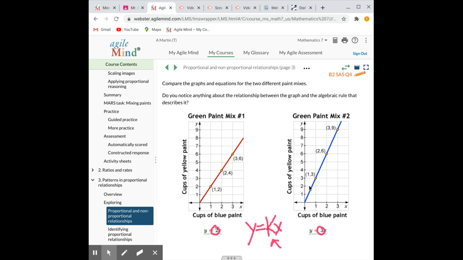Miranda, help is coming. She's answering. I'm a little confused. You're a little confused? So Jacaden said (3, 9) represents 3 cups of blue paint for 9 cups of yellow paint. So (1, 3) would mean